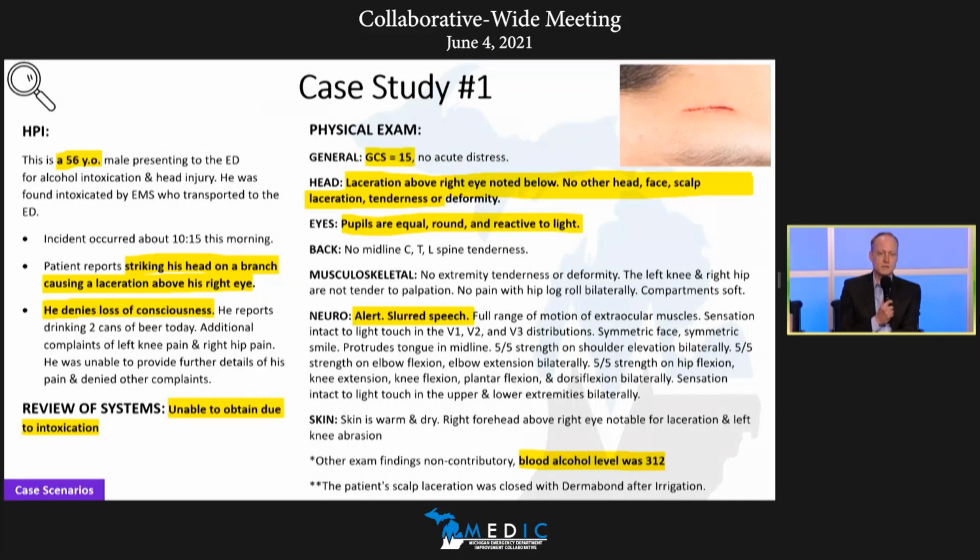And then one note on a test result here, blood alcohol level of 312. I feel like a lot of times the decision to scan is done before that test result comes back. That may be an hour or 2 later, but something to consider perhaps in the calculus around the decision. So why don't we launch the poll?